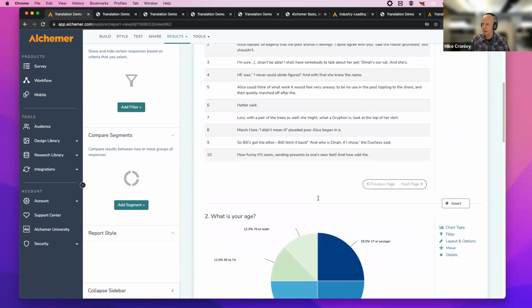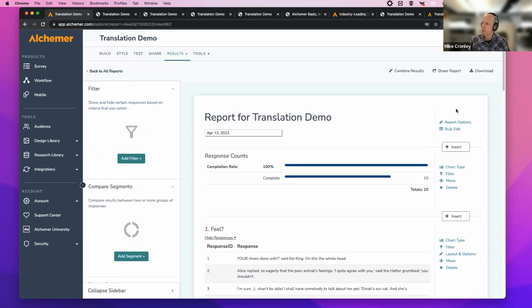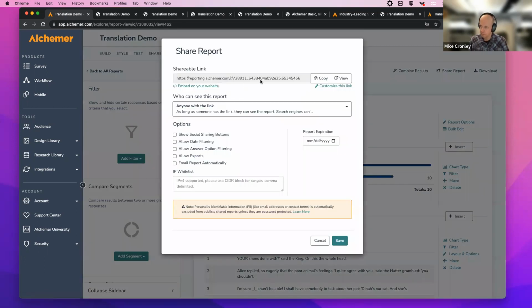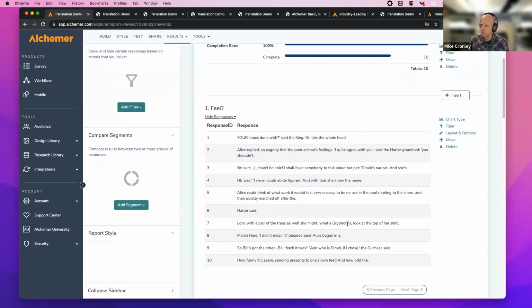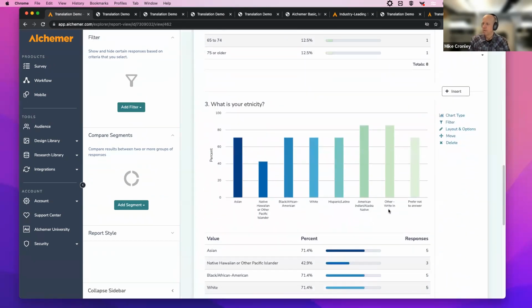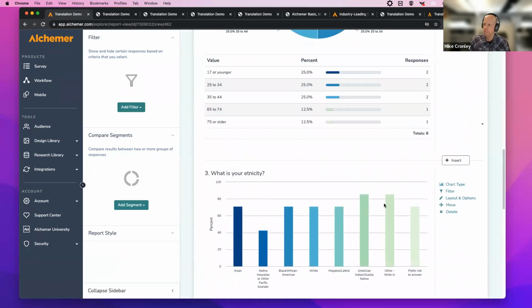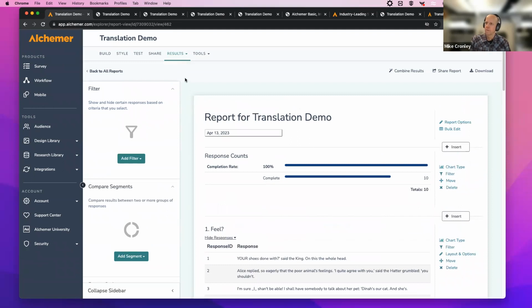And just to go down that path, it's like, hey, I built this survey and I chose these questions, and this is the output I want. And I would like to have this report shareable. You know, I want to go to the share report and send it out to someone as a stakeholder. And I just want to validate this quickly. Does this work? Yep. These are all default and I can customize it, but just at first glance, this is okay. This is really good. I'm happy with that. Then that's one test.